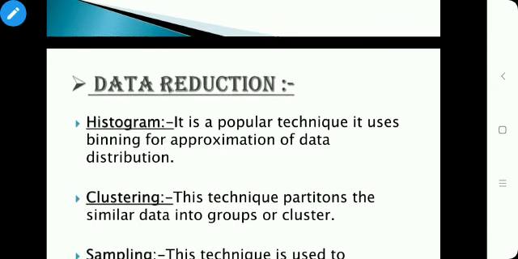Histogram. Histograms use the binning technique. A histogram for an attribute A partitions the data distribution of A into disjoint subsets. For example, we have a number of data elements in our data set. The numbers have been sorted as 1 1 5 5 5 8 8, then 10 10 10 12 14 14 14 15 15 15. So how will we construct the histogram from this?